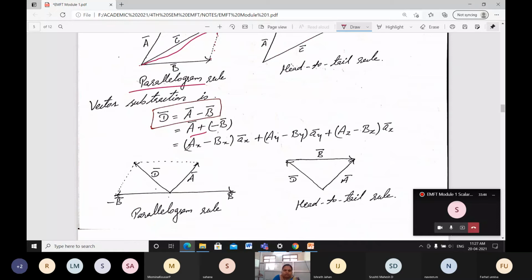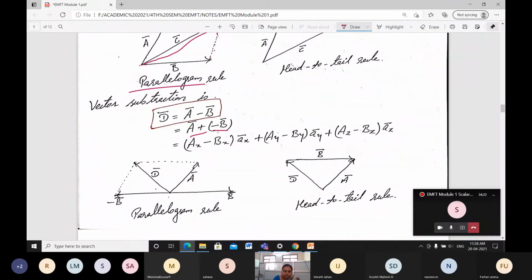Okay. Then A minus B, for each component in the Cartesian system, I can write as (AX minus BX) with the unit vector AX bar, plus (AY minus BY) with AY bar, plus (AZ minus BZ) with AZ bar. Here, observe, this is minus of B. Actually here you will be getting vector B bar. The negative of that goes in the opposite direction. For that reason, minus B. Then this is your minus B bar.